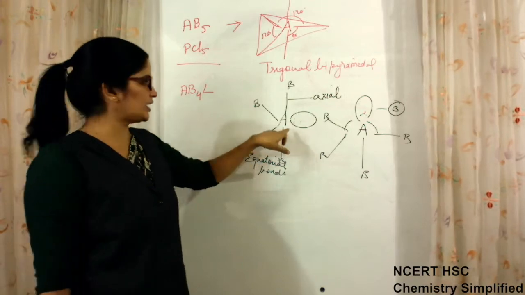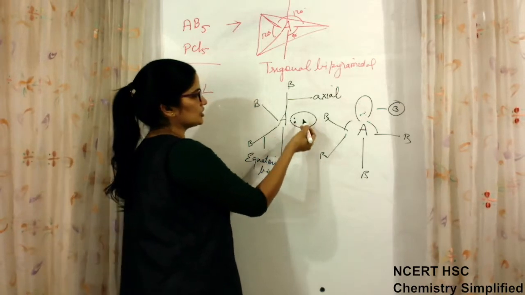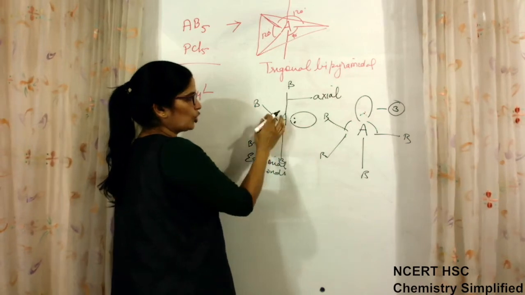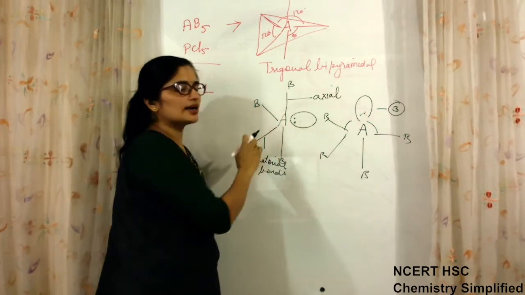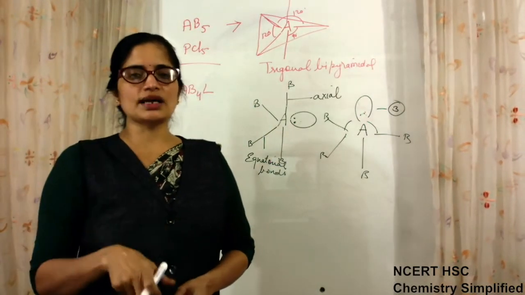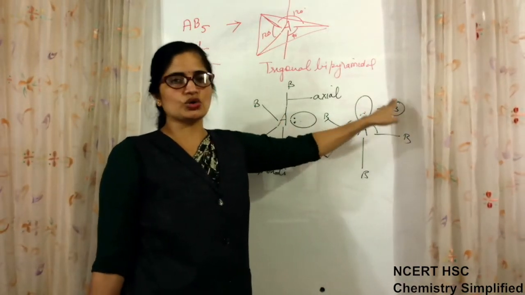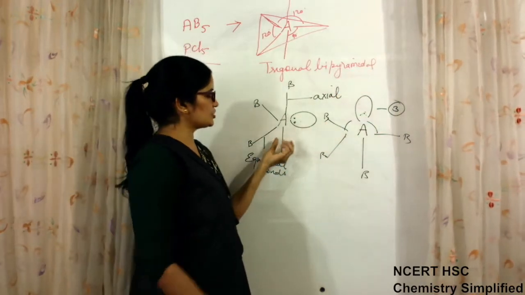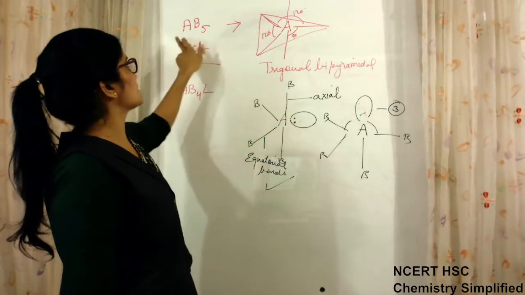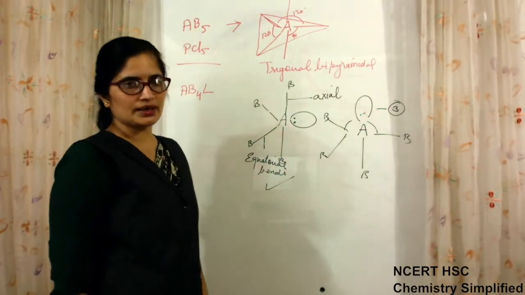In this condition, when we are making the lone pair on equatorial position, this lone pair is giving repulsion to 2 bonds, this one axial and this one axial, not to these, because these are at 90 degrees and these are at 120 degrees. So 120 degree bonds are far away from it, only 90 degree bonds are near to it. So here it is facing 2 repulsions, here it is facing 3 repulsions. So minimum repulsions are faced in this. So hence this is the position of lone pair whenever we have to discuss AB5 geometry. This means any of these 3, at any one place it will be present.